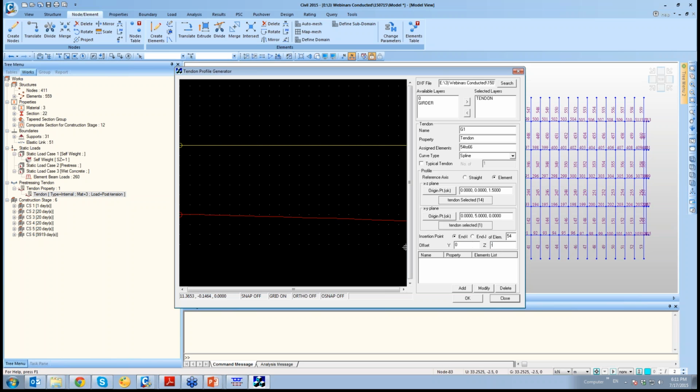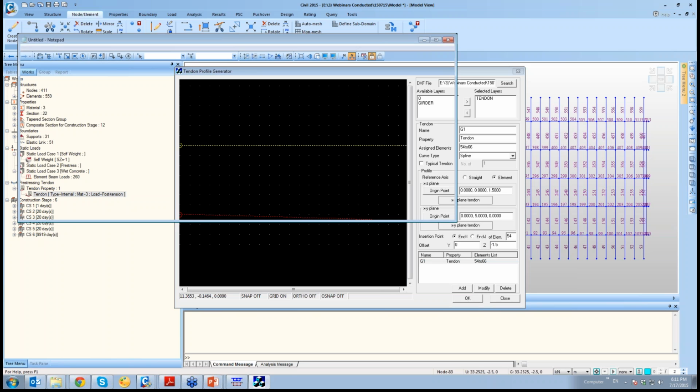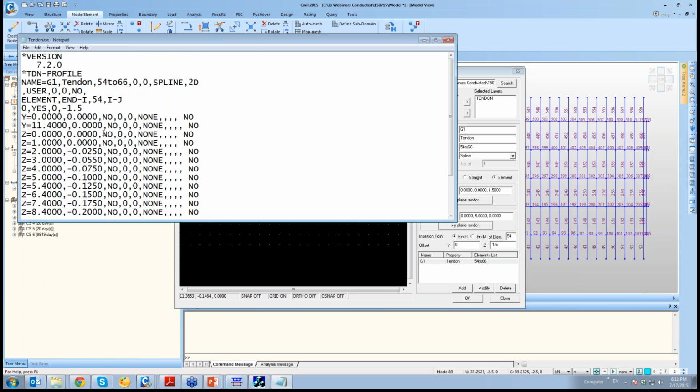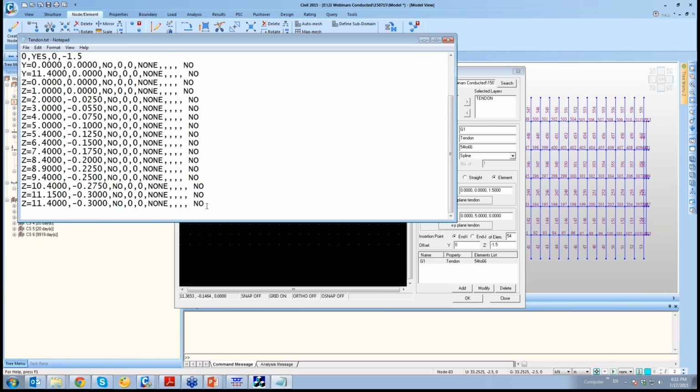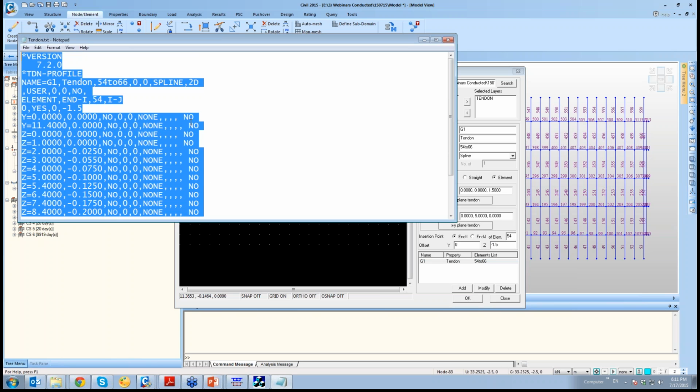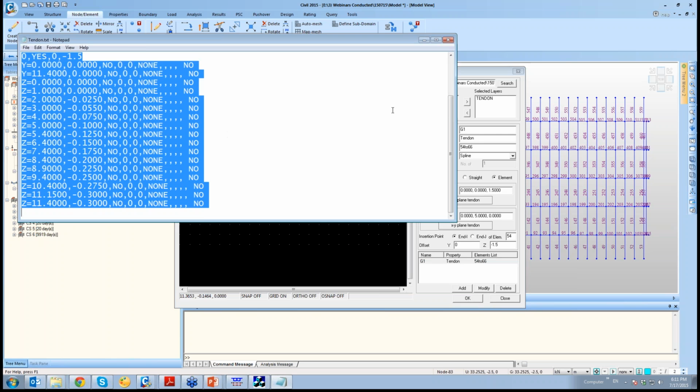In Z, it is minus 1.5 meter. And I click on add. Okay, so this has been generated. Now I'll click OK. So a text file is created. It's not a big text file, it's a small file. So you just select the contents of this file, copy it,